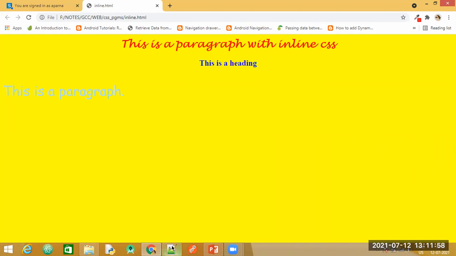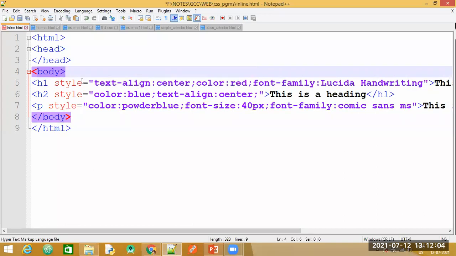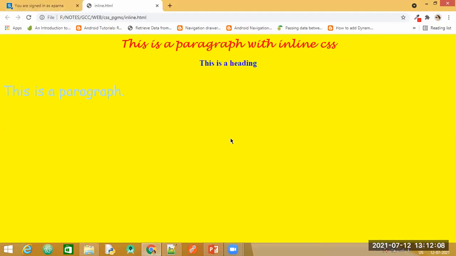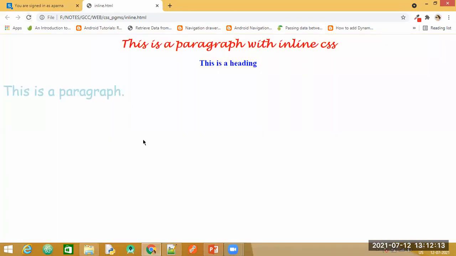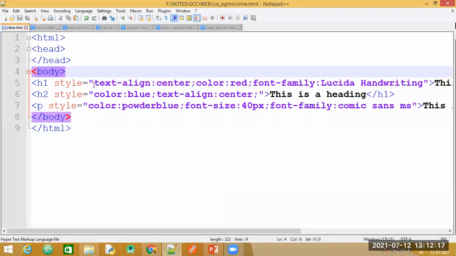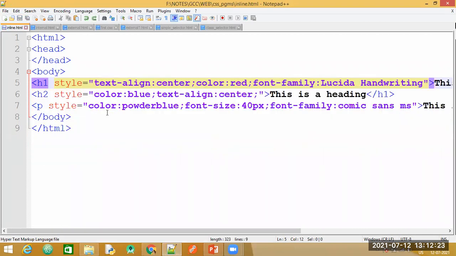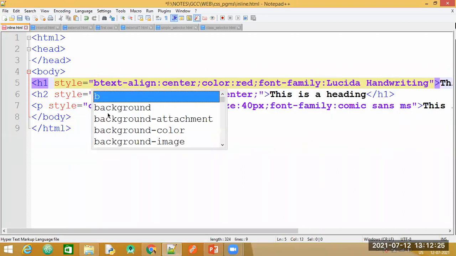Now if I go back to my file and remove the style that I applied for the body part of this HTML, the entire document will not reflect the yellow background. Let us try to apply it here. What was the property? Can you tell me?